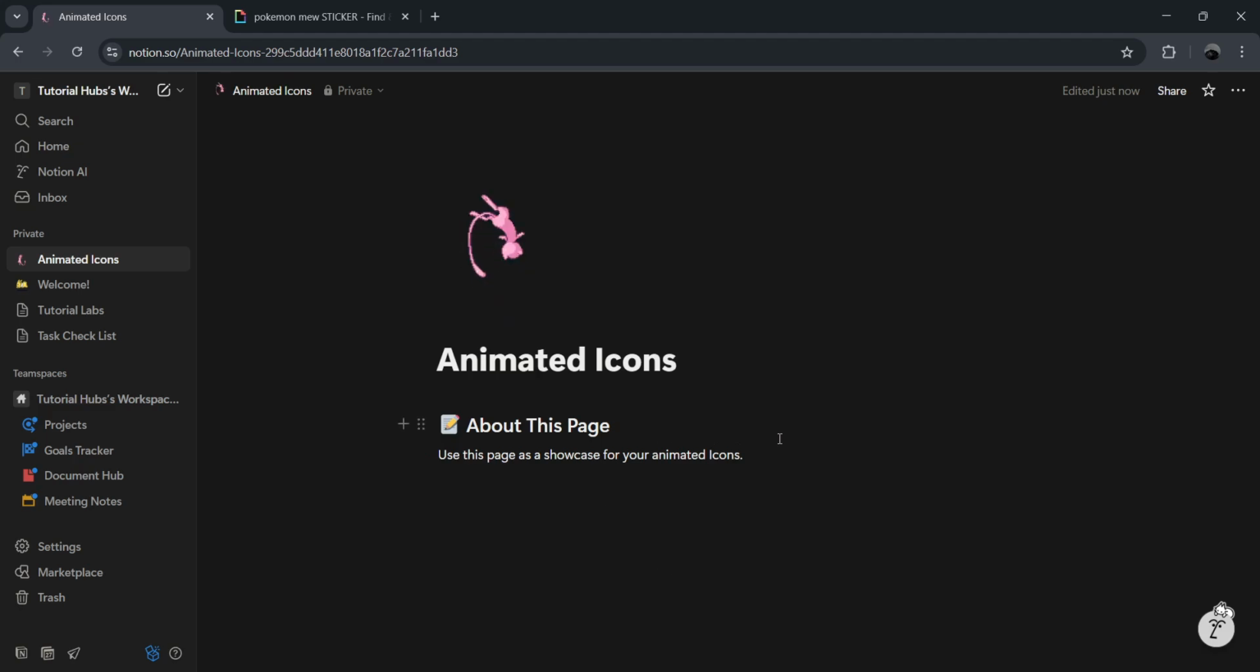Notion will now process your request and begin loading the animated GIF. Give it a moment to fully load and display. Depending on your internet connection and the file size, this might take just a few seconds. Once it's loaded, verify that your page now shows the animated icon above the title. You'll notice that the animation works both on the page itself and in the sidebar when you're navigating through your workspace. This makes it much easier to spot specific pages